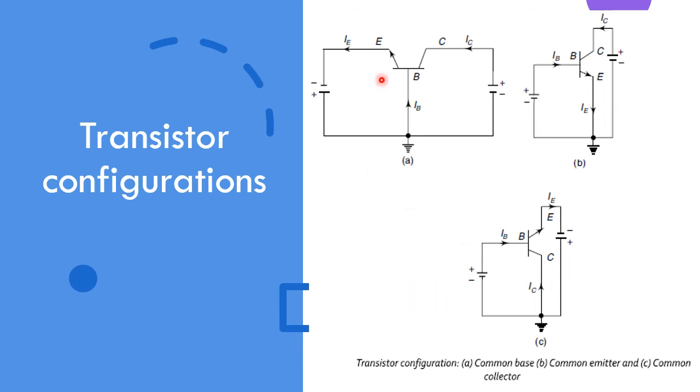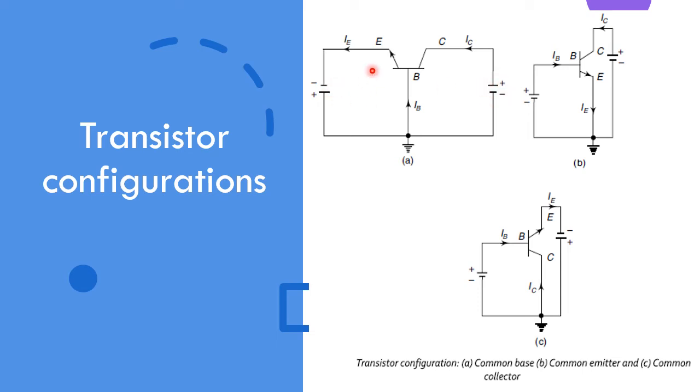So for the transistor configurations, this is the common base. This is the symbol of the transistor. This is the base, and common base means the base should be grounded. Here this is the emitter, this is the collector, and the arrow is represented here. Always, all these configurations are based on the NPN transistor. You see the symbol of the NPN transistor, with current flowing outwards. Here this is N and this is P, so negative is connected to negative. Here usually forward bias, and here usually reverse biased.